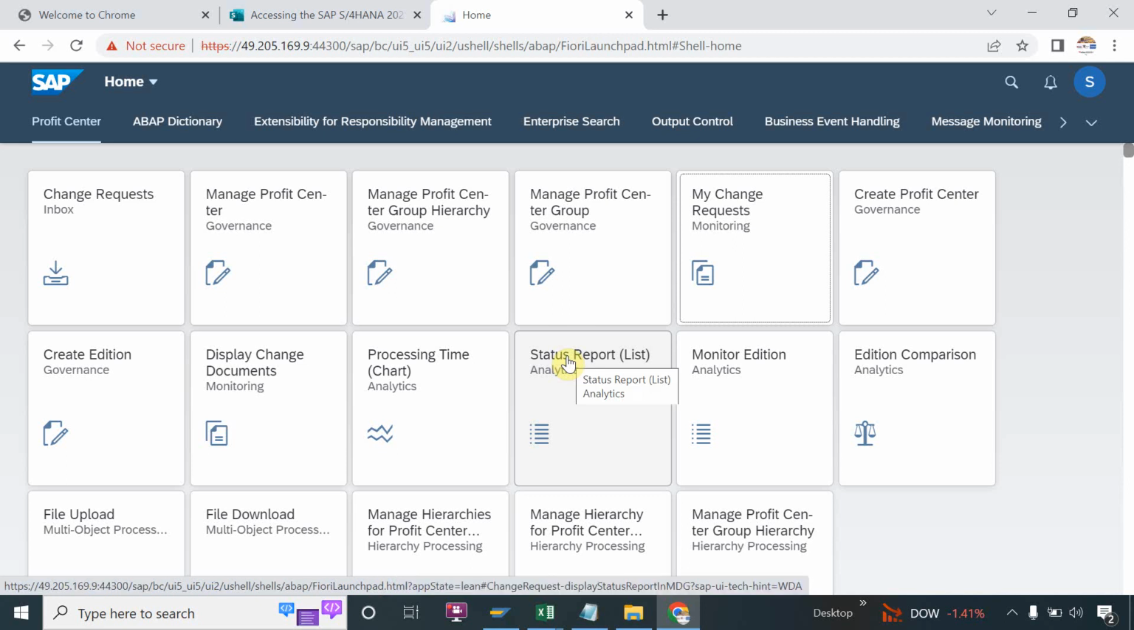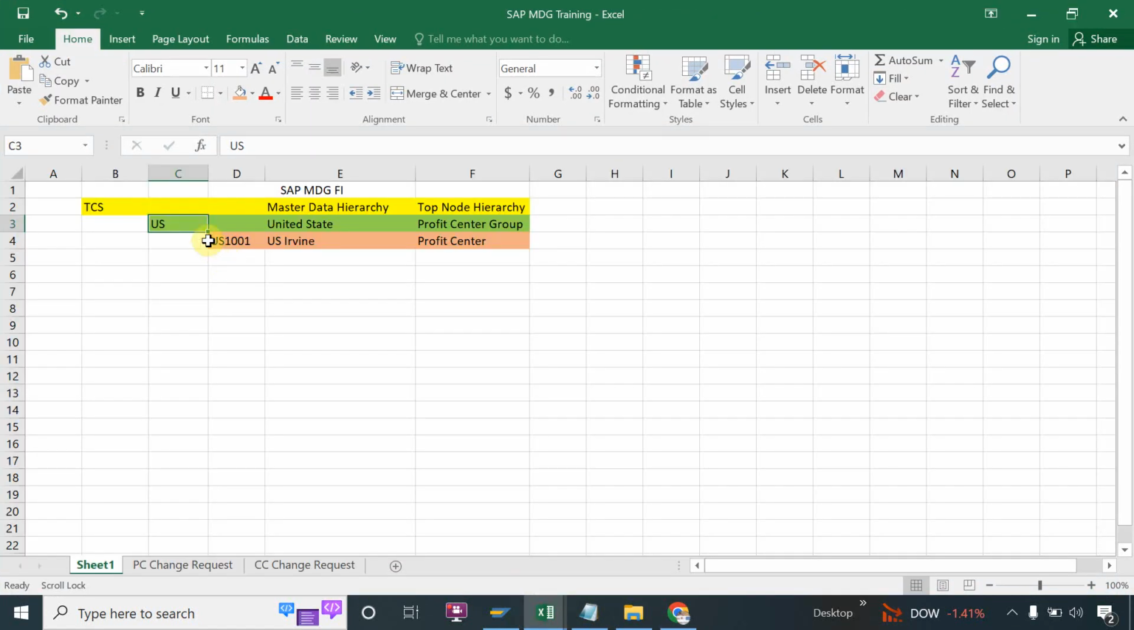Hello everyone. In this session I will show you how to create a profit center group. In the last session we created the hierarchy, which is a top node hierarchy, and we'll take an example of this one. This is TCS, the master data hierarchy which we have created, and now in this session we will create our profit center group, which is US, and then in the next session we will create the profit center